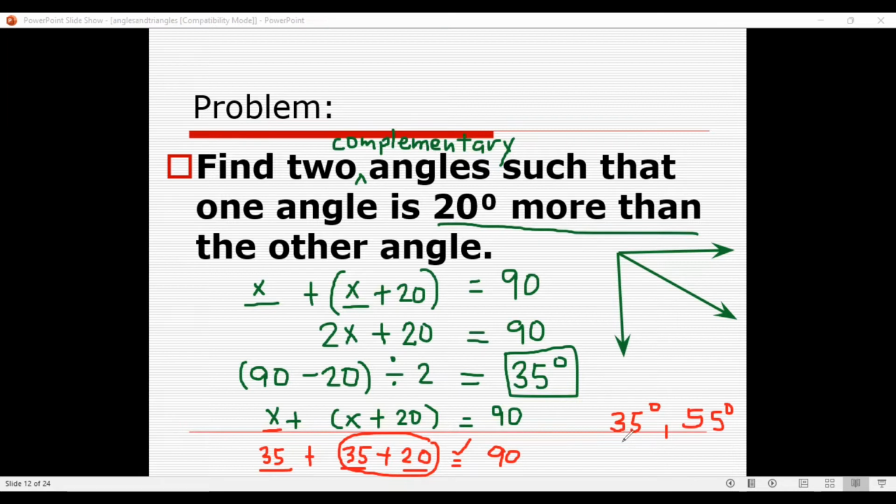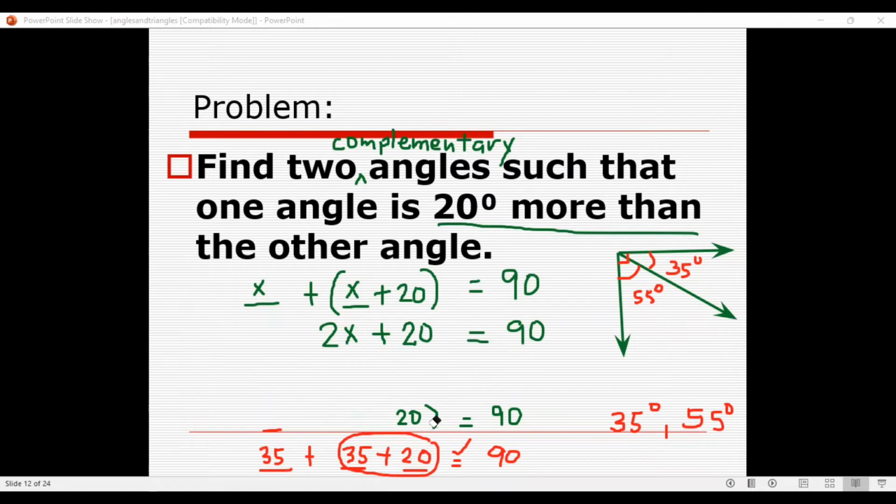Okay, so that means if you are going to put it here in your angle or in your illustration, one angle is 35 degrees, while the other one is a 55-degree angle. Okay, and then the condition is satisfied that one angle is 20 more than the other. And again, they are complementary. That means the sum is equivalent to 90 degrees. Now this portion is actually working backwards, but there is another method that is being used, and that is by